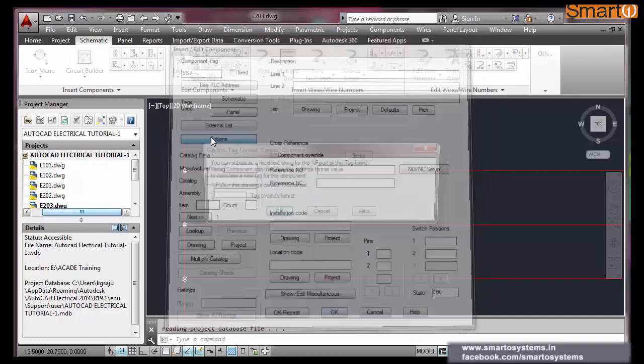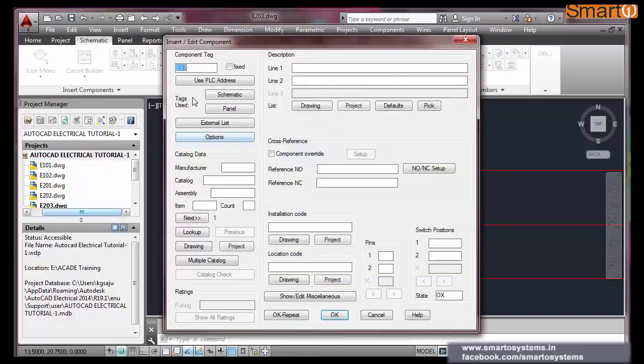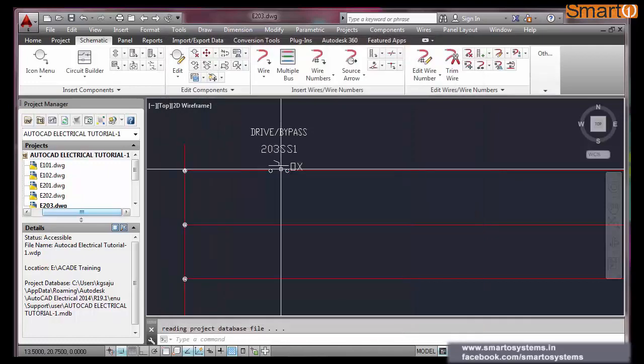Options, it is already there. As I said earlier, you can fix the prefix numbers here, but I am not going to do it here. This is my sheet number 203 SS1. The description should be drive bypass selector switch. Okay, state is OX.